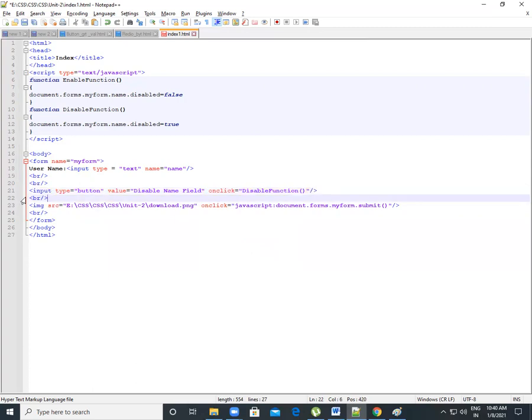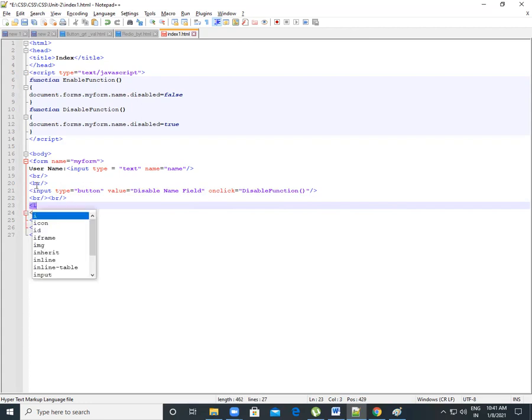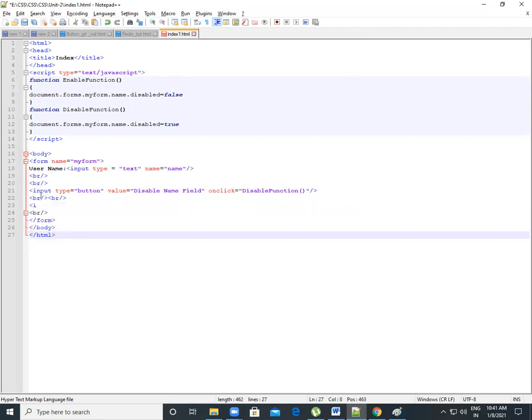Now we already break this one. Again we break this line with two break tags. Then we put another input type button. For that we delete this tag. We didn't use any image here. For that we actually get an input button. Once again we can copy this one.